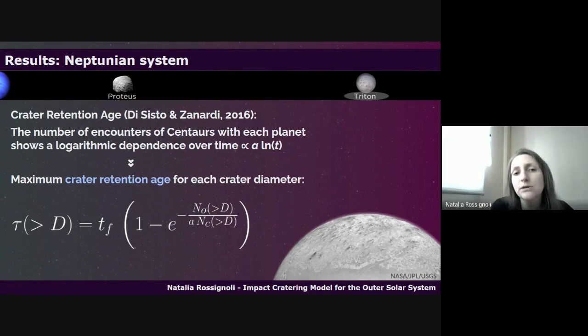This is a result by Di Sisto and Zanardi from 2016, where in the simulation that follows the scattered disk objects as they become centaurs, the number of encounters of these centaurs with each planet shows a logarithmic dependence over time, and then we can compute what would be the maximum crater retention age for each crater diameter. What does this mean? It means how long can a crater of a given size survive on the surface of